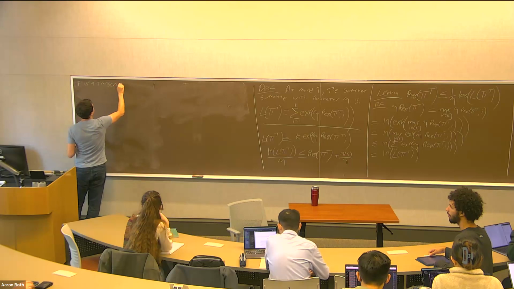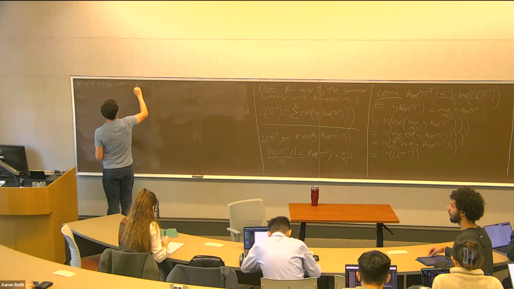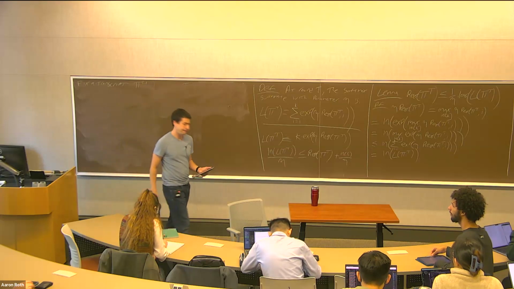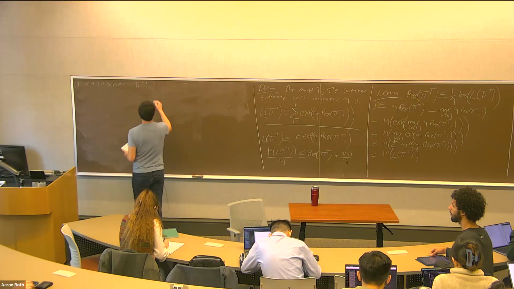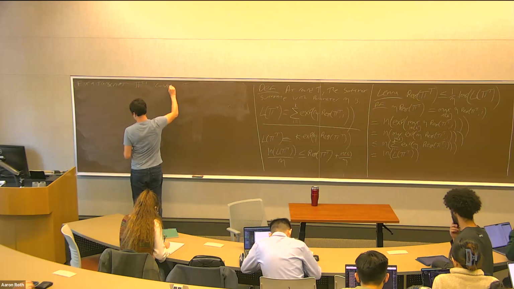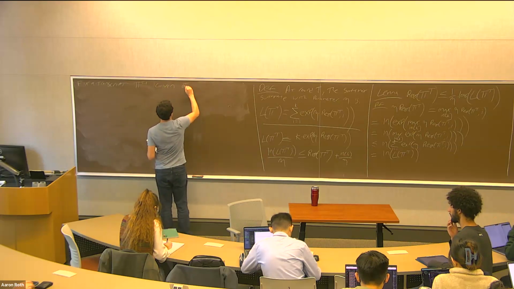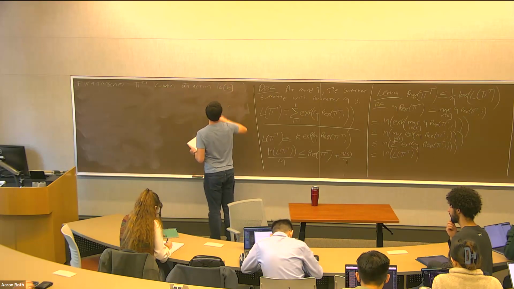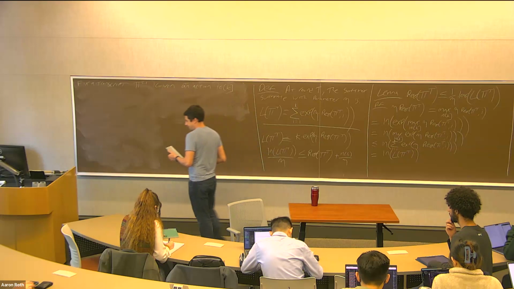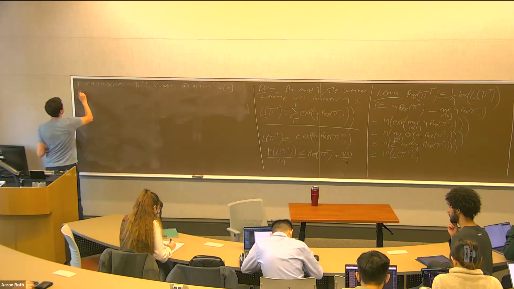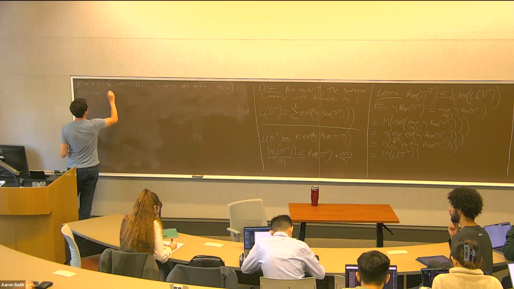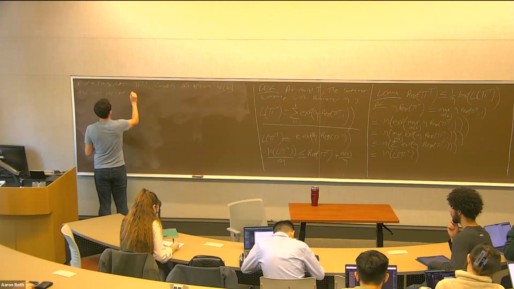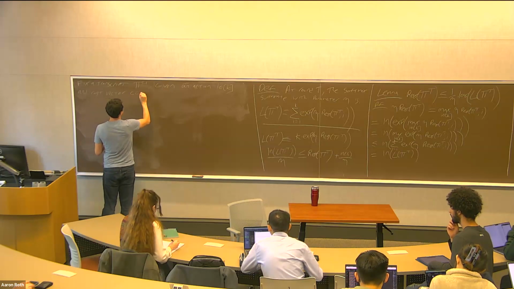Pick some transcript. Let's say pi s minus 1, everything that's happened up through and including round s minus 1. Given an action for the learner, an action i, one of their k choices, and a cost vector c for the adversary,